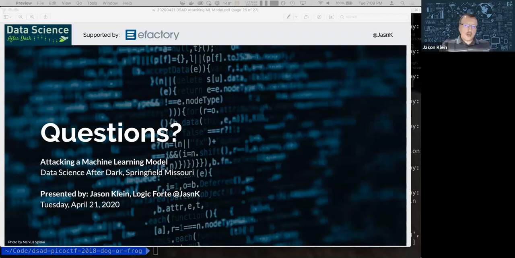Well, if it's an attacker, it would be a fraudulent transaction or a not clean image, but they keep running it through the model and making minor changes so it's still a picture of a dog, or still a fraudulent transaction, or still an inappropriate image, but they've found a way to change it just barely so you and I can't tell a difference, but the computer says, oh, that is a tree frog, or that is a perfectly valid transaction, not fraud at all, or that is a very appropriate image.